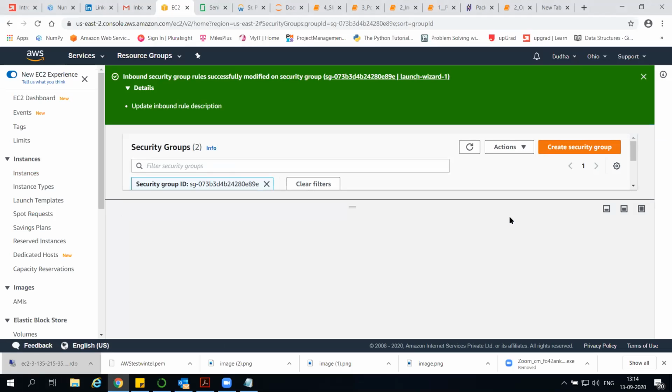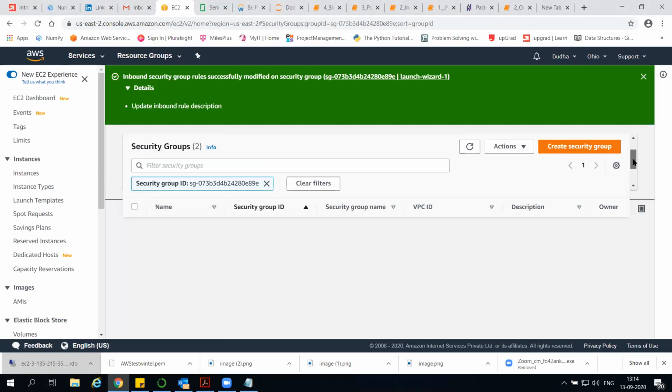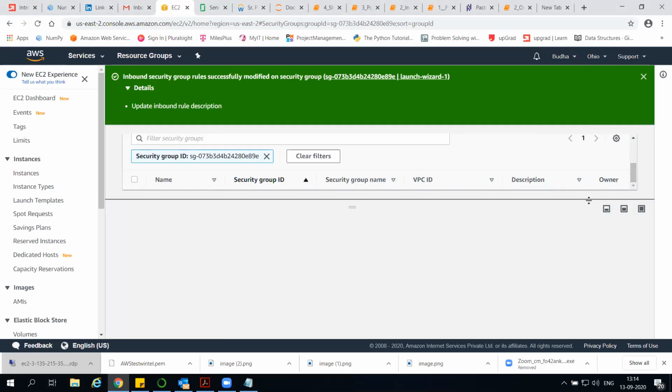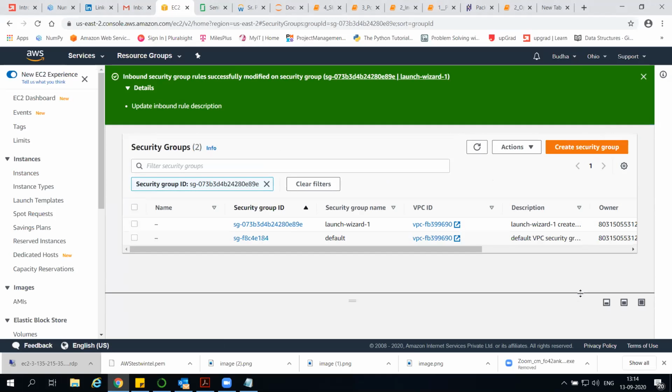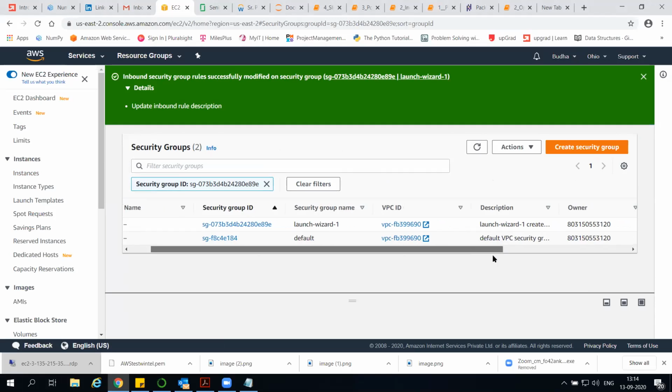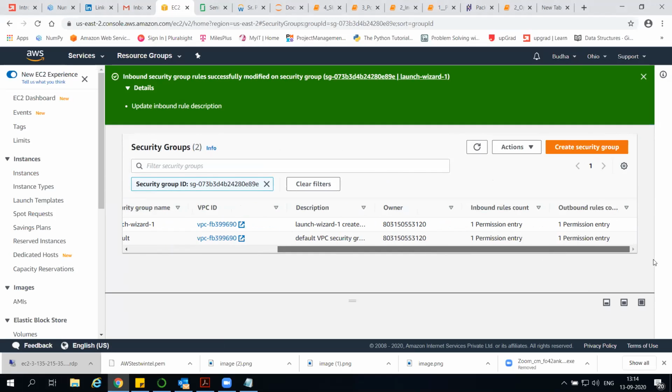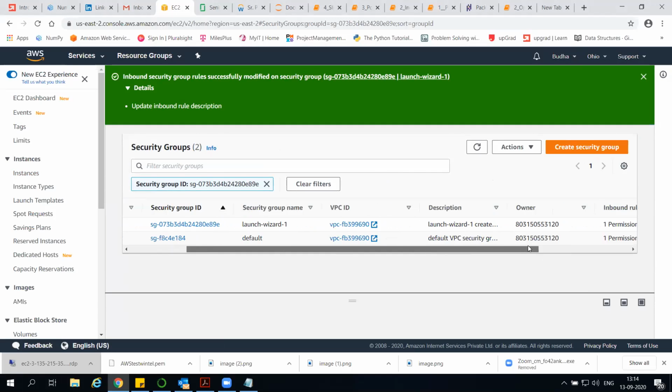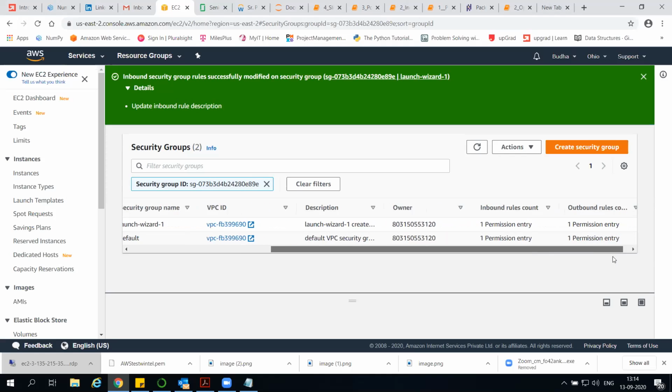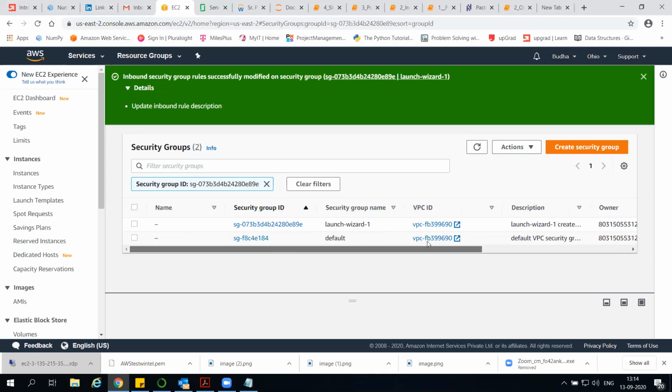Click on that firewall. Just scroll, change that to the window. Yeah, it is up. Resize the windows. Yeah, go down. See, you have two security groups actually, right? So you have one for default, another one. So which one is associated, that you have to look at. So Launch Wizard 1 is associated, the first one. Yeah, click on that.